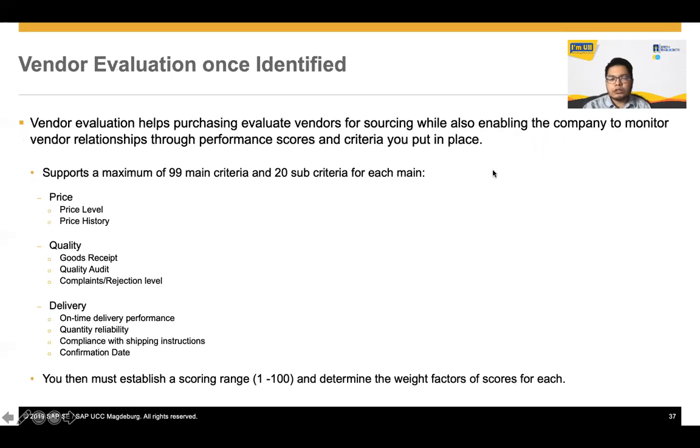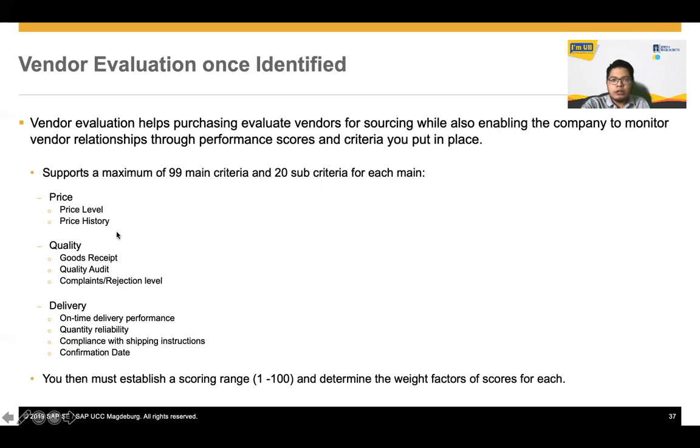Vendor evaluation. Once identified, there might be several criteria that can be used to evaluate a vendor, such as the price, the quality of the goods, the delivery performance, etc., and whether they are good or not. The system can give some weight to each of them, and then we can calculate based on priority.